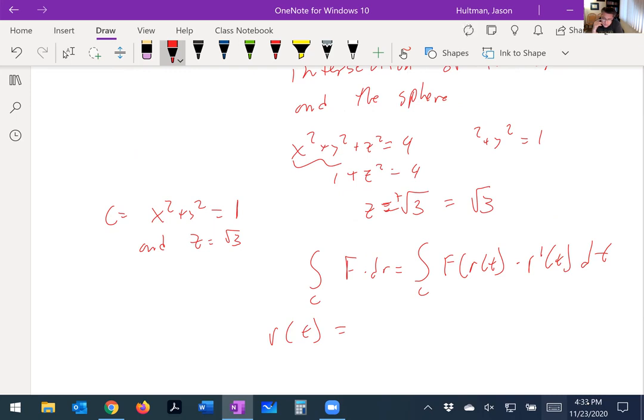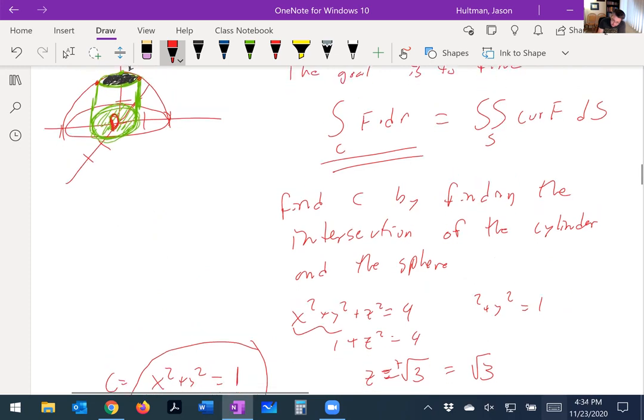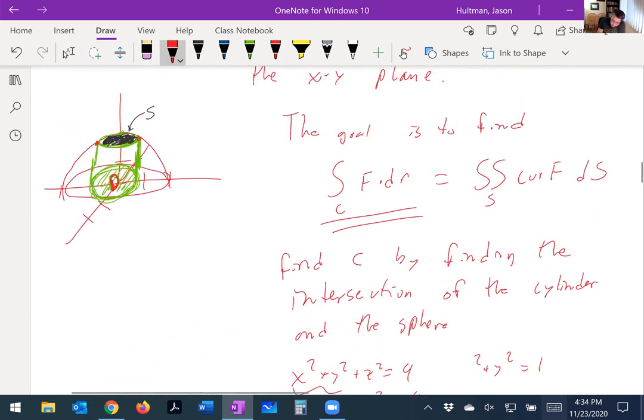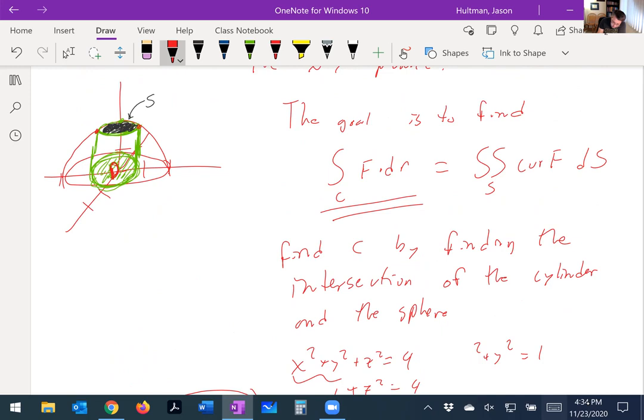So we're going to parameterize this thing in terms of some sort of parameter. Well, we have this thing here, right? So what is x in the unit circle? How could we represent x in the unit circle? Remember that C is not all of the area inside. C is only this